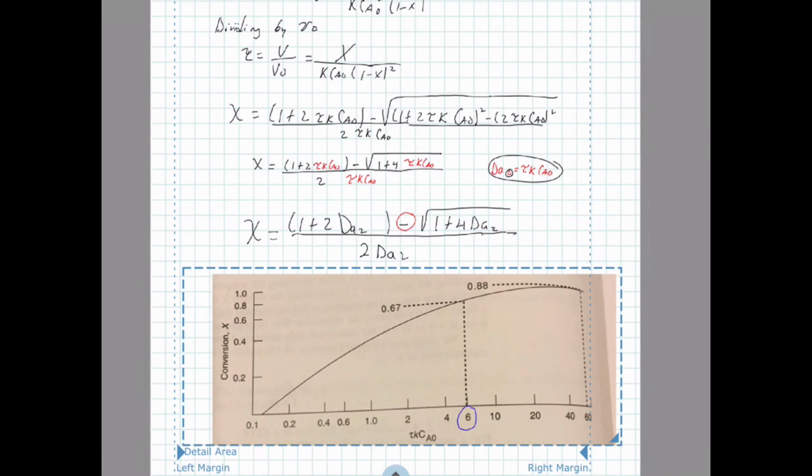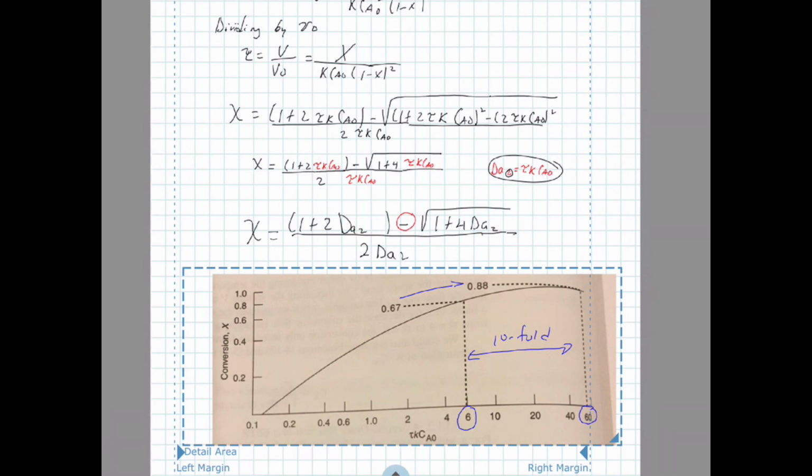And then if we do an increase of tenfold, this is pretty much on a scale of 10, tenfold, we notice that there's not a very significant increase in the conversion, even though we are increasing the Damköhler number, whether it's the reactor or the temperature, whatever we're doing,